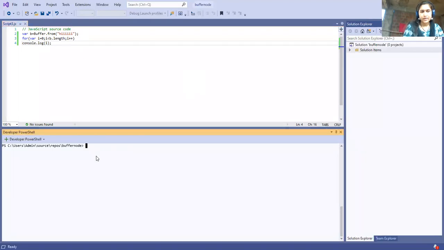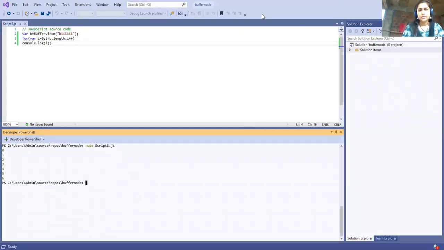So here I run my node. It will show me the indices. Basically, if you want the characters, then you can use b of i instead of i. In this way you are going to execute the buffer contents.